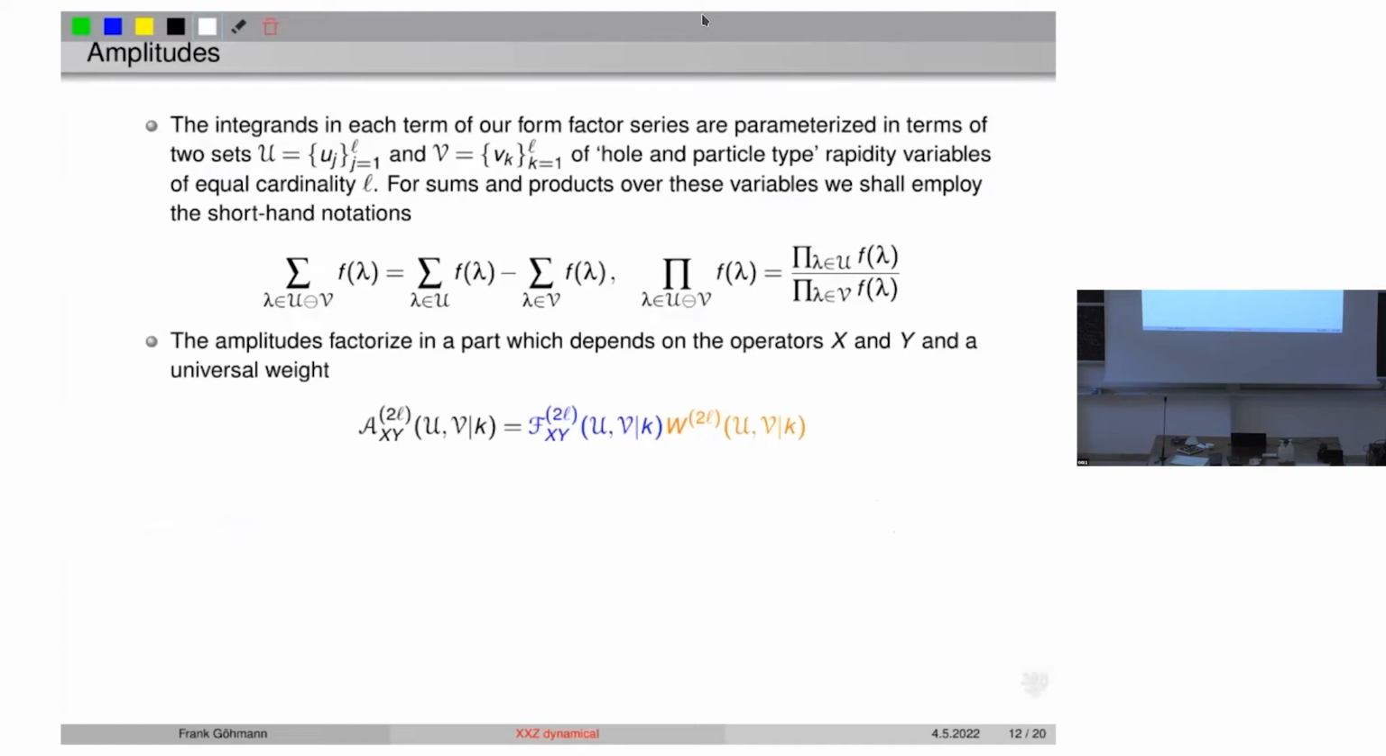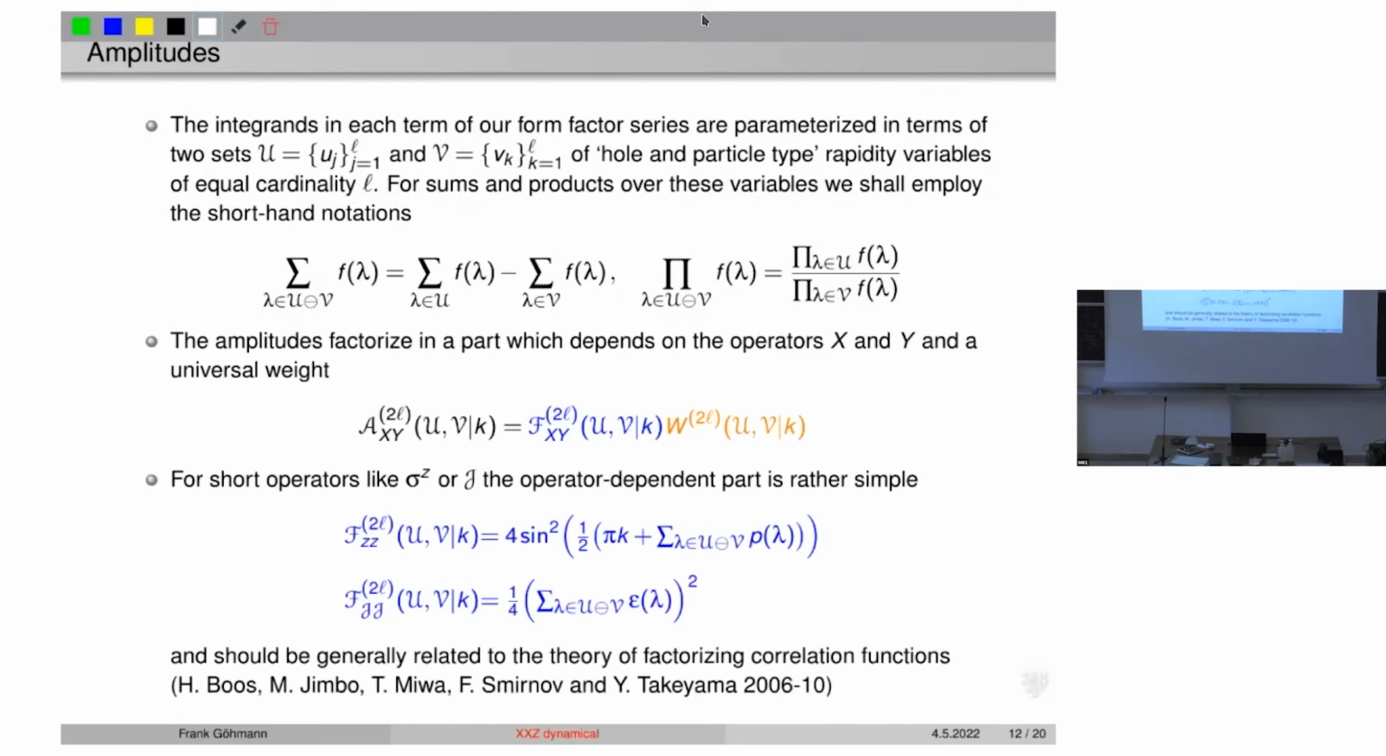And then the first thing is that these amplitudes factorize again into a part which depends on the operators, and a part which I call the universal weight function W. The part which depends on the operators is simple when the operators are short. As you see, here you have squares and you have the same operators. So in a sense, one sigma z corresponds to 2 sine of the sum of the differences of all momenta. And if you take the other operator, you get the sum of the differences of all energies here. So this is a simple factor, and the fact that it is simple relates to the fact that the operators